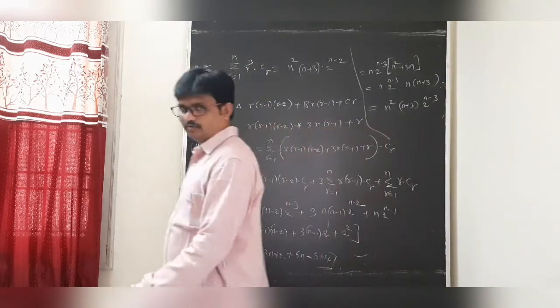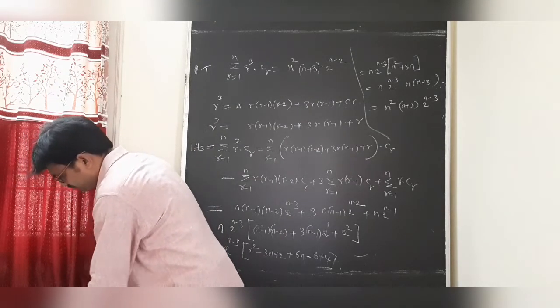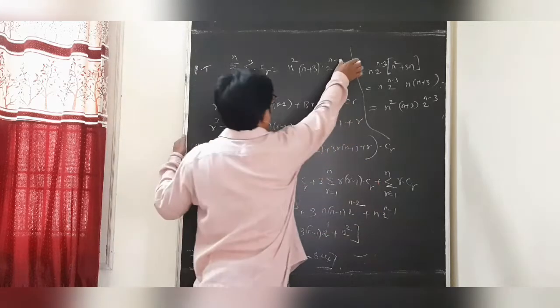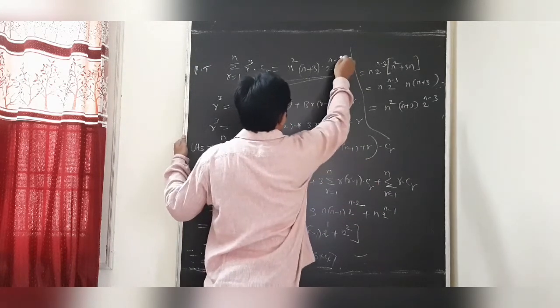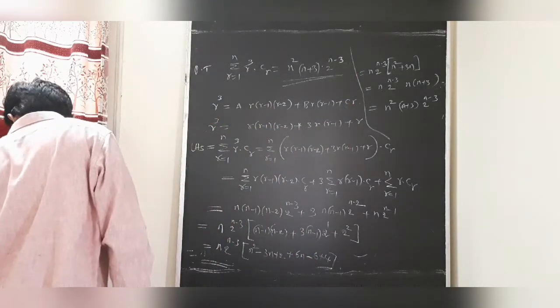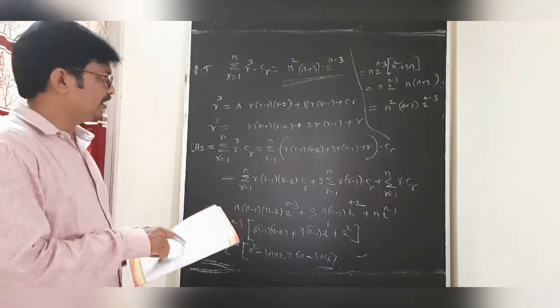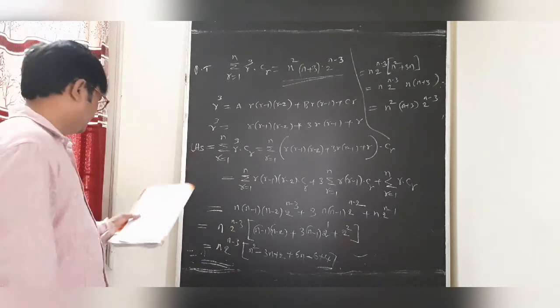My dear students, what is that one? Undoubtedly, students, there is a mistake in the question. Here this is n minus 3. Dear students, right now this question has a mistake. This is minus 3 only. Okay, yes, it is correct. Yes, this is 2 power n minus 3. N square into n plus 3 into 2 power n minus 3. Okay, students, this is correct.